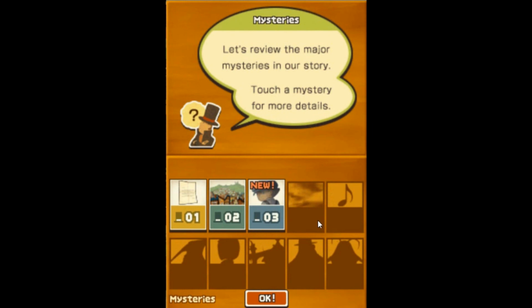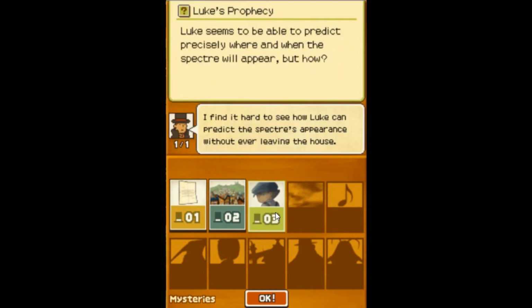Okay, interesting. New mystery added. Luke's prophecy. Luke seems to be able to predict precisely where and when the Spectre will appear, but how? Yeah, that is a good question. I actually was wondering if Dolan was working with the villain, or whoever it is that's the antagonist of this story, because I noticed that he sounded very similar to the one that was being given orders in the opening